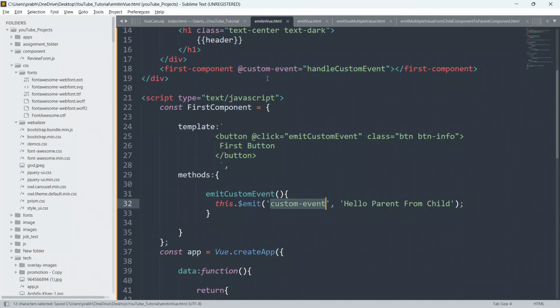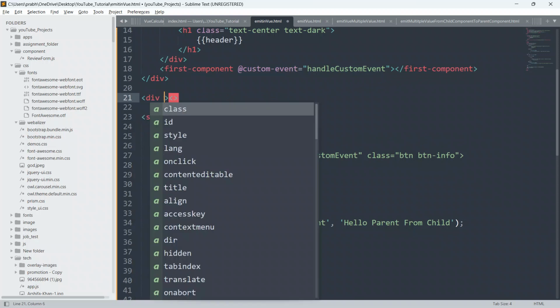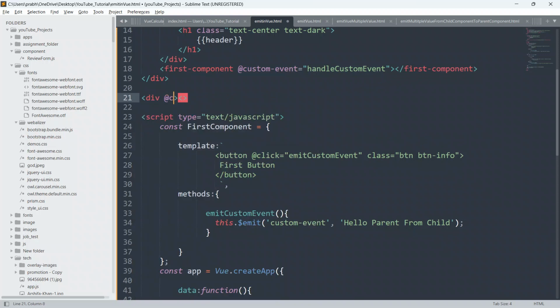So guys, let me give you the detailed view about this. This is exactly like defining something on any kind of element inside the HTML. Generally we will say click equal to, and we will give any method name which we want to execute.